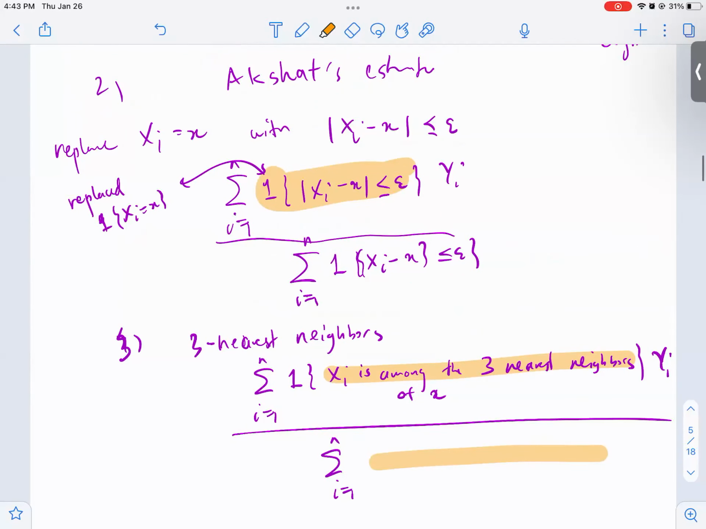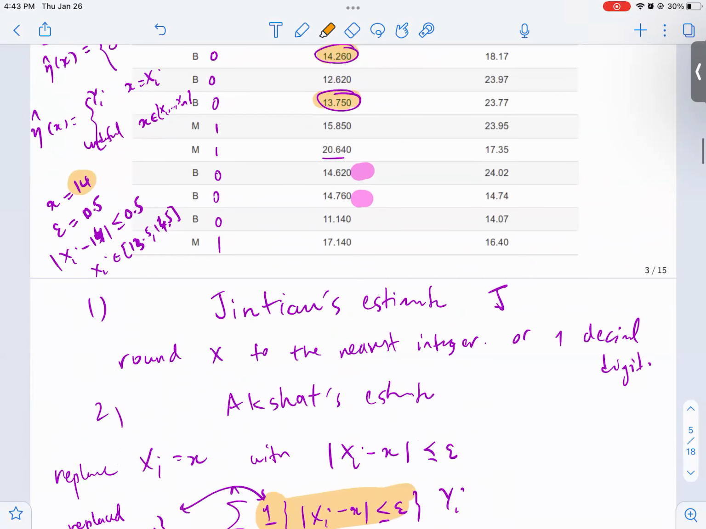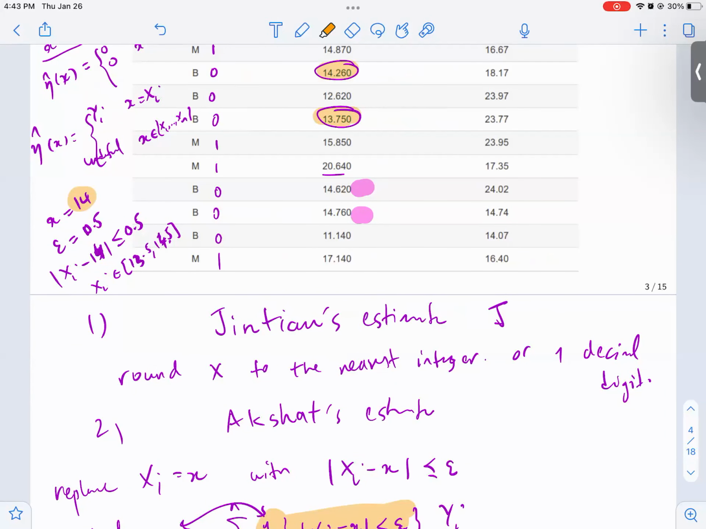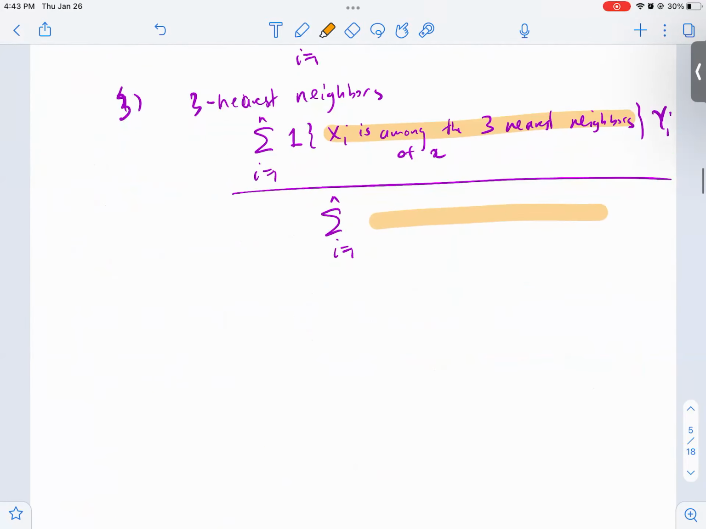Here, I'm choosing all the examples in my training set that are within epsilon of x. Here, I'm going to choose all the examples that are exactly equal to x after a round. So you're just changing that indicator. Because we're out of time,